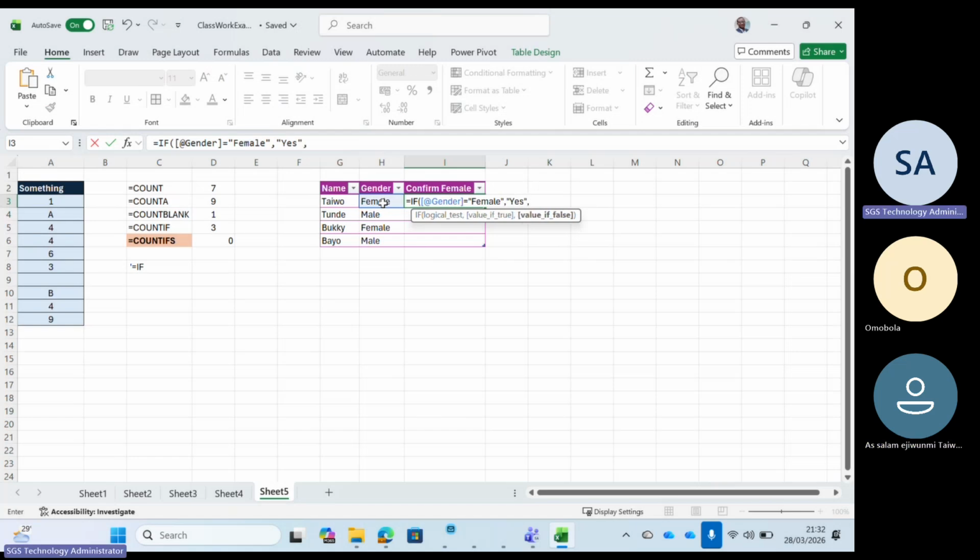Then if false, if we come with something, by now you should know that if is a condition. If yes, I have a million in my account, then I am a millionaire. If I don't have, I am a poor man. So if it's a condition, it will come with two answers, either yes or no, true or false. So of course, what value do we want to put in the other one? We want to say if it is not female, just put no